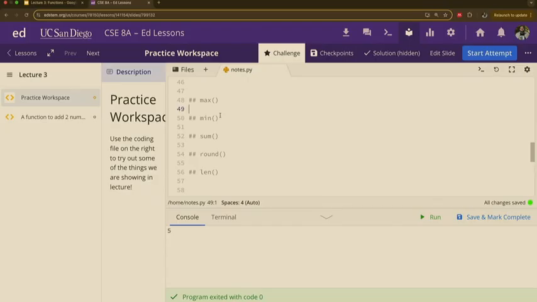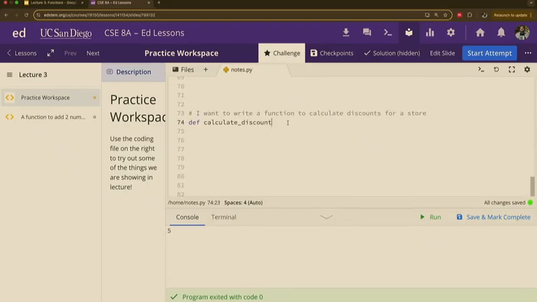Functions need this because, as we said before, you need to give a function something so you can do something with it. The function's going to know what it is you're giving it by using these parentheses. So we need to have an open and close parentheses. But when you're creating your function for the first time, calculate discount does not exist within Python. We're making this for ourselves, so Python needs to know, what do we want in here? What are we looking for?